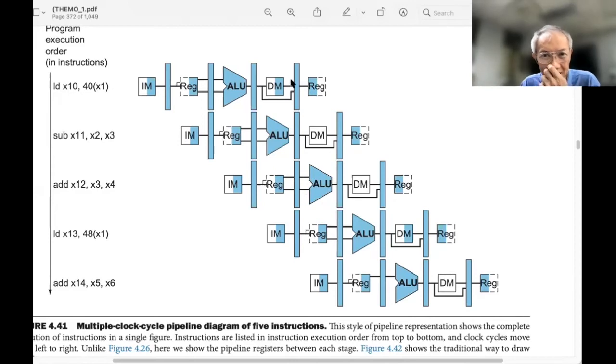Okay, let's see vertically. All right, so this one fetches the next. Okay, register not being interfered with, right? My idea is for you to really look at this diagram,